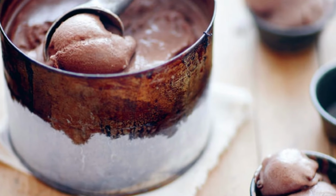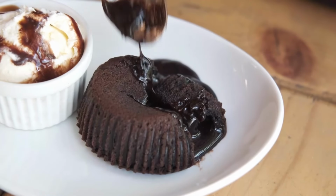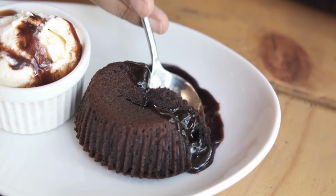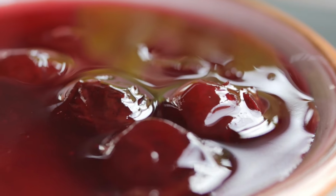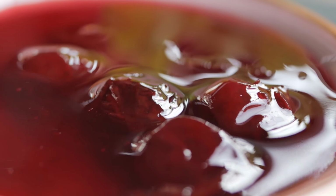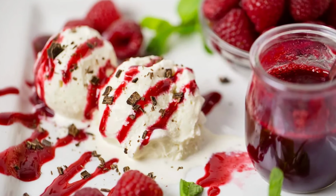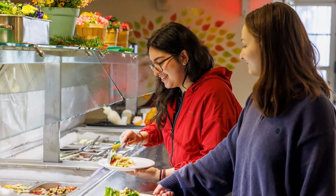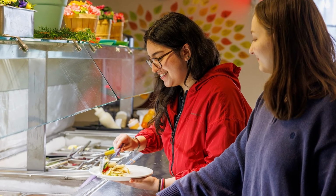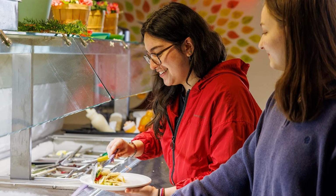Dessert is next-level decadence. The molten chocolate lava cake, warm and gooey in the center, oozes rich, velvety chocolate onto the plate. The tangy raspberry coulis adds a burst of freshness, and suddenly, it's as if you're dining in a Parisian bistro instead of one of the most isolated places on Earth. This is the power of luxury dining at Concordia Station. It's not just about calories